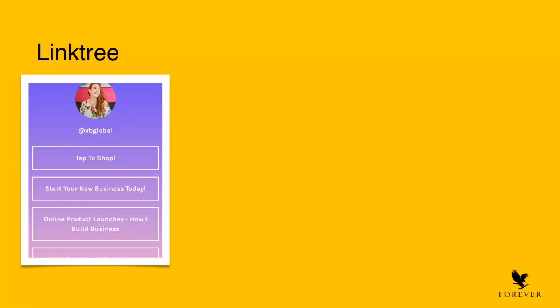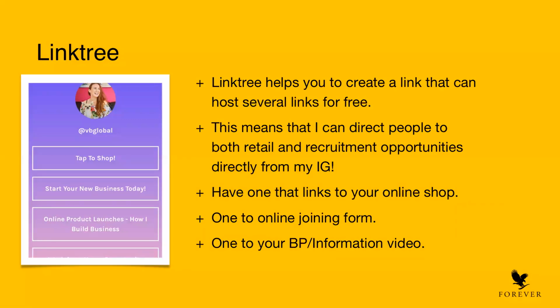Now, I mentioned the Linktree account at the bottom. Instagram only gives you 1 link to put in, so it will say to put your website there. Now, the problem that we have with that is that obviously that's going to either direct people to a recruitment page that we've made or directly to our shop. But Linktree gives us the opportunity to put lots of different links under one. So it's super easy to do. And what I've done is I've directed people to both retail and recruitment opportunities. I've got one here that links to my online shop, one to an online joining form, one to my BP